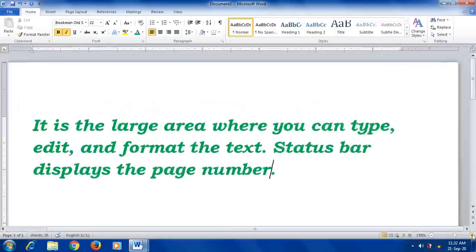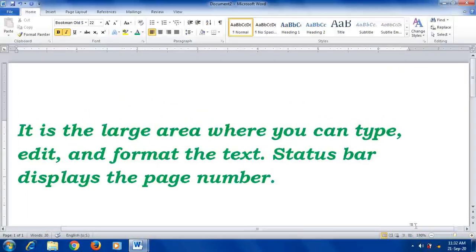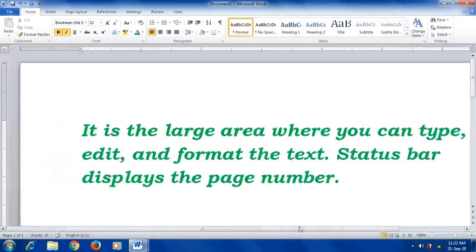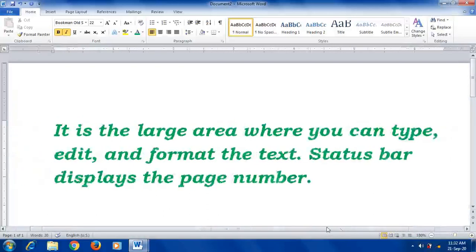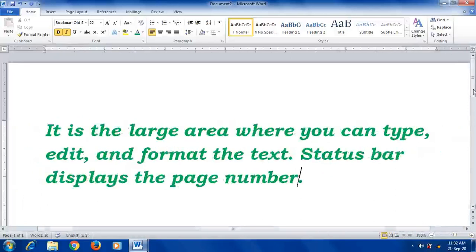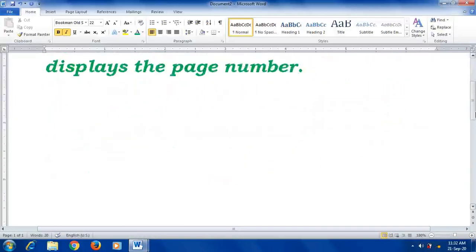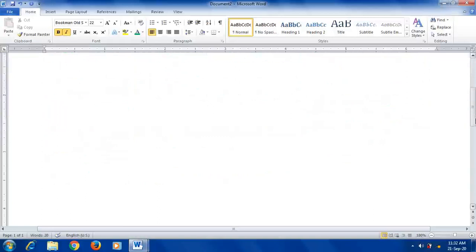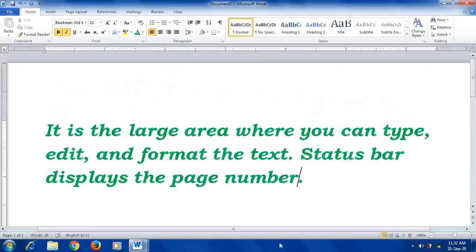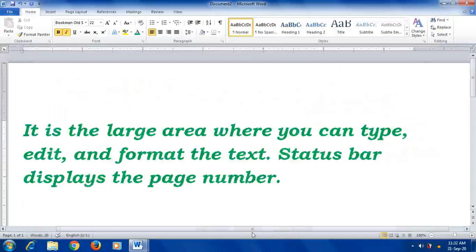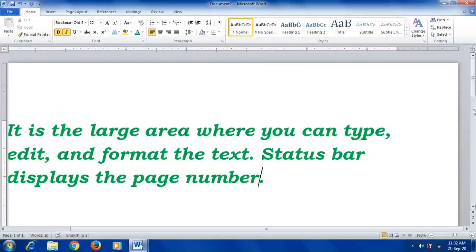Now see here, I have increased the zoom, so the scroll bar got activated automatically. I can move from left to right by using this scroll bar, and from top to bottom by using the vertical scroll bar. So that is the use of these scroll bars. You can move the document from left to right or from top to bottom.